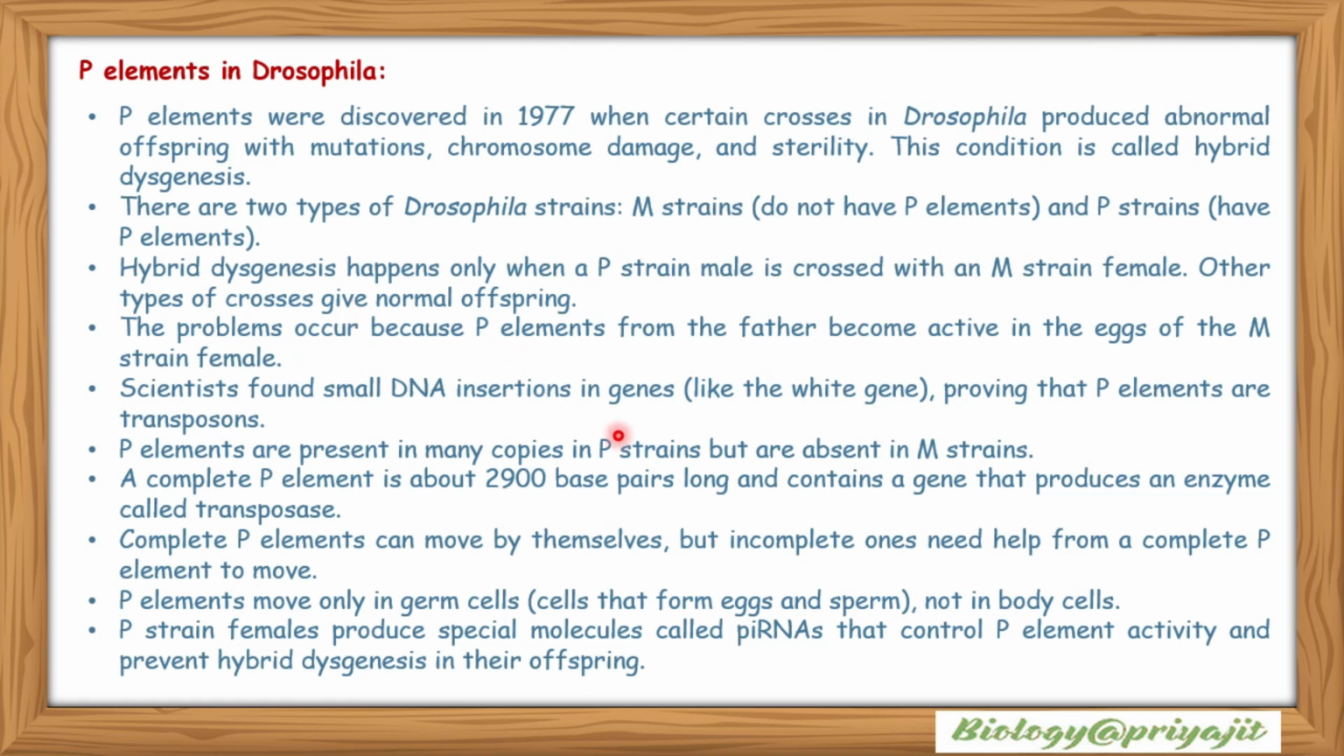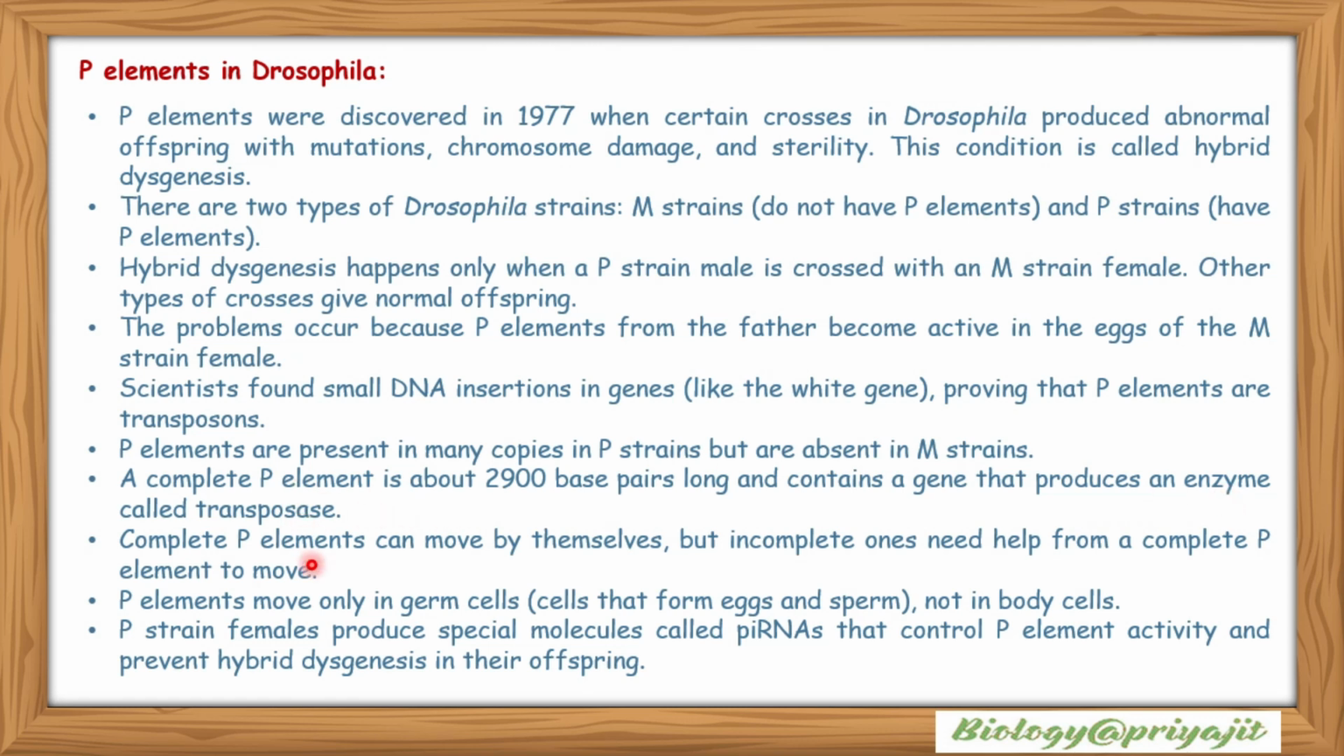Scientists found small DNA insertions in genes like the white gene, proving that P elements are transposons. P elements are present in many copies in the P strain but are absent in the M strain. A complete P element is about 2900 base pairs long and contains a gene that produces an enzyme called transposase,